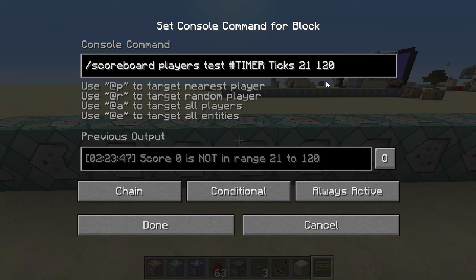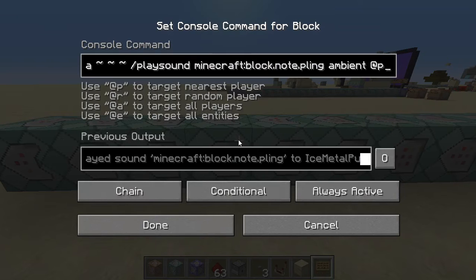But just like this is 21 and not 20 because we don't want it to count below the first second, we also want to make sure it counts up to the 5th second and into right below the 6th second. So we divide it by 20, and that would be 6 seconds, but it's just below that. So if we are 1 to 5 seconds, then we conditionally play this pling note, which is the ding sound,